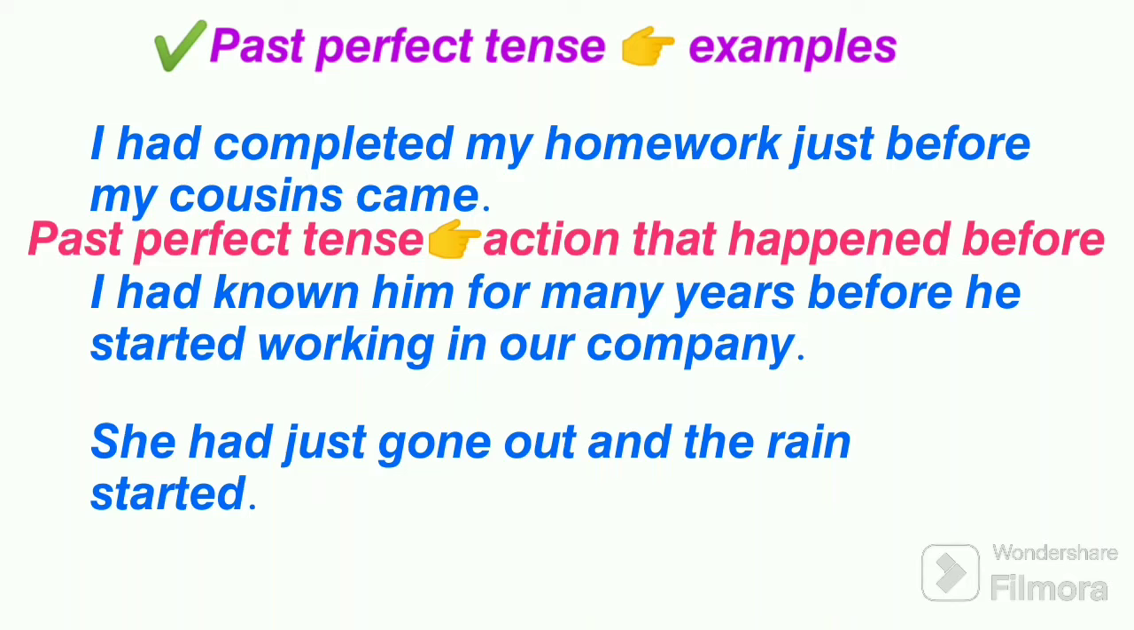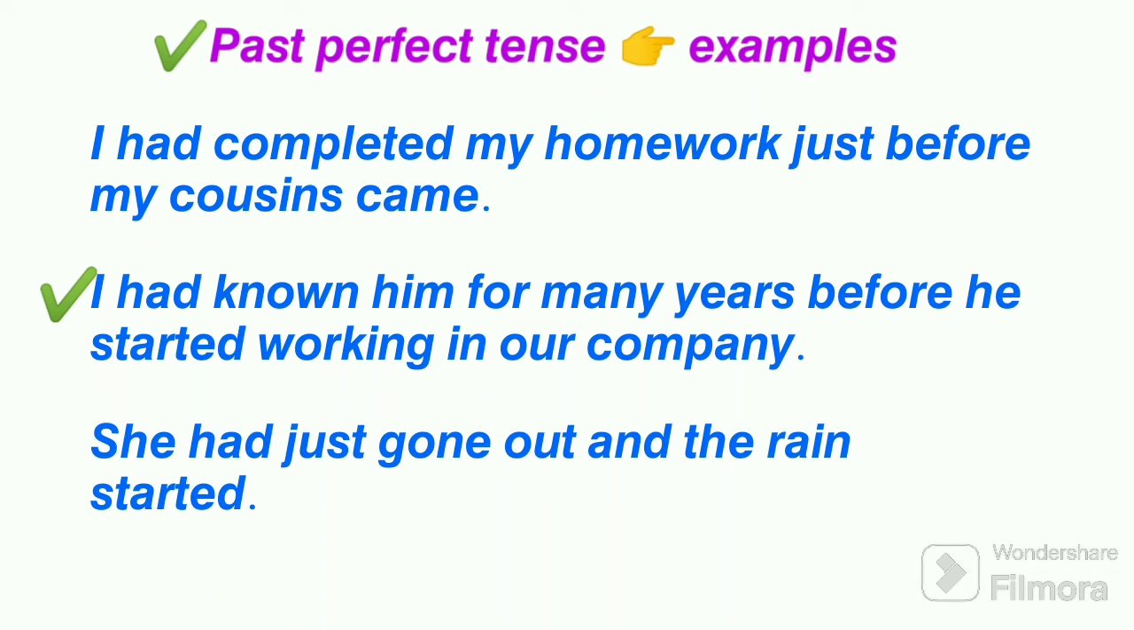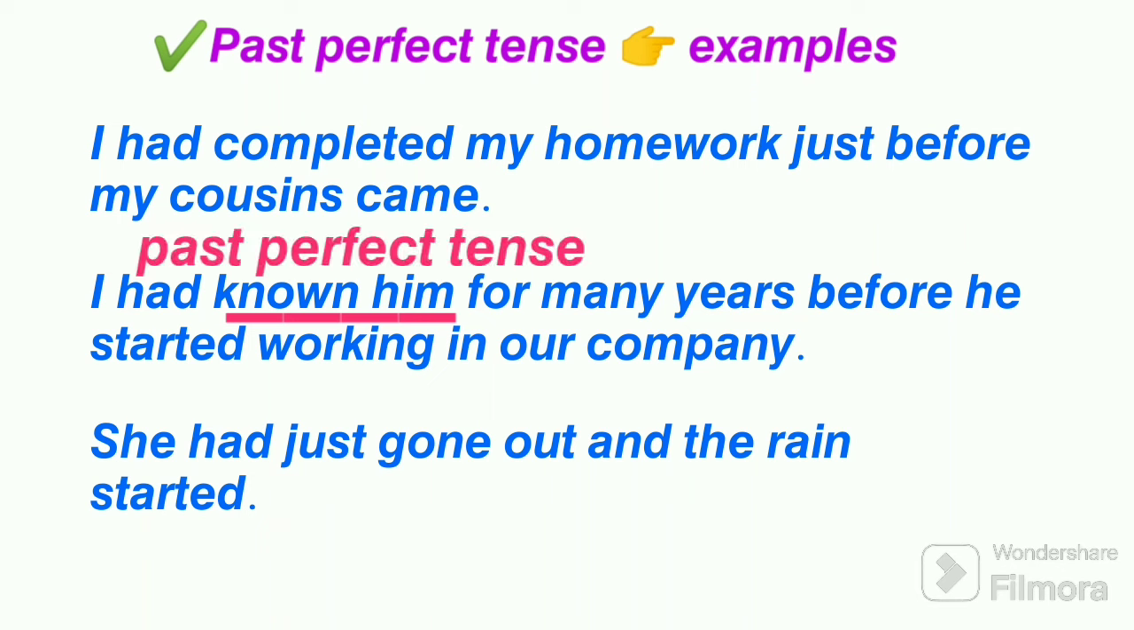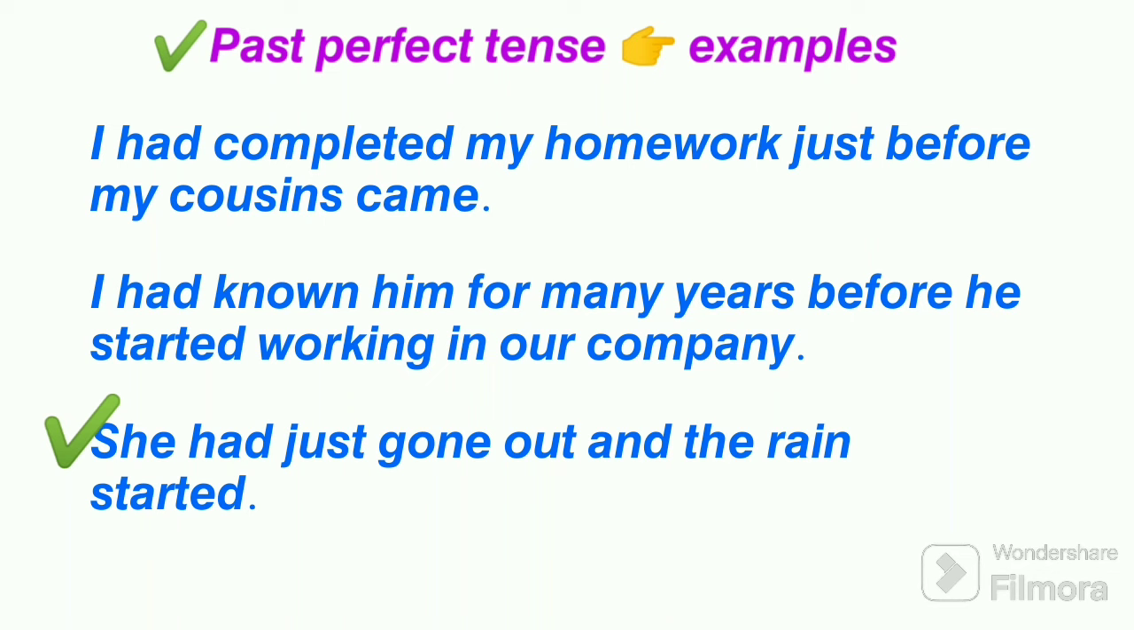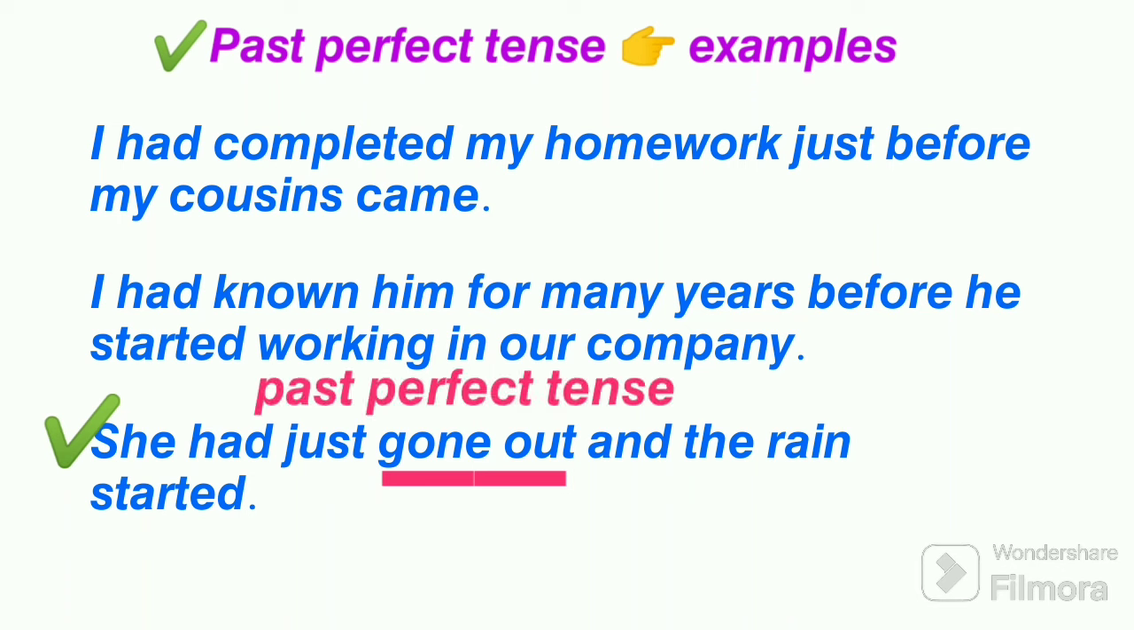So, we will write the action of completion of my homework following the past perfect rule. Next example, I had known him for many years before he started working in our company. In this sentence, which action happened earlier? Obviously, knowing him for many years. So this action is written in past perfect tense. She had just gone out and the rain started. In this sentence also, the action of going out is written in past perfect because this action happened earlier and